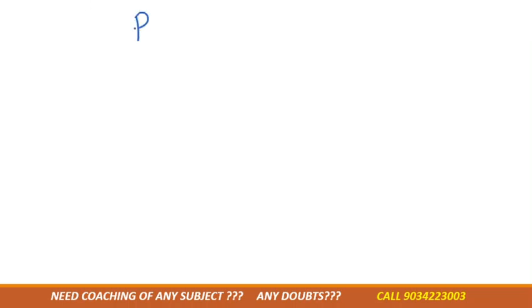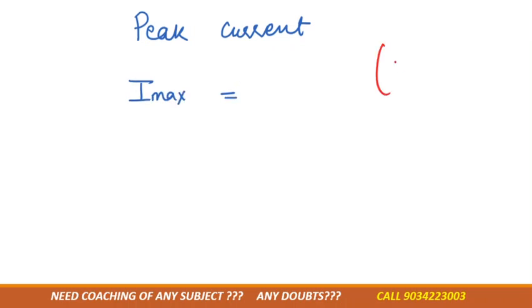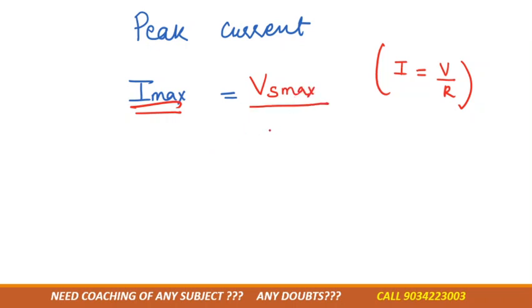Next one is the peak current. Peak current means the maximum current, so we can say I max, right? And according to Ohm's law, what is the formula for I? I is equal to V divided by R. If I is maximum, then V should also be maximum. Yes or no? So V maximum means the Vs maximum, the supply voltage maximum, divided by